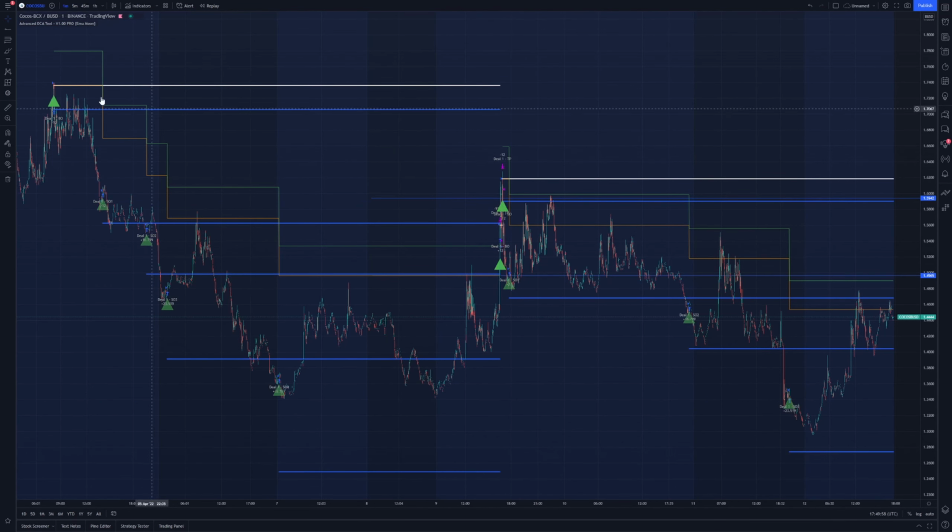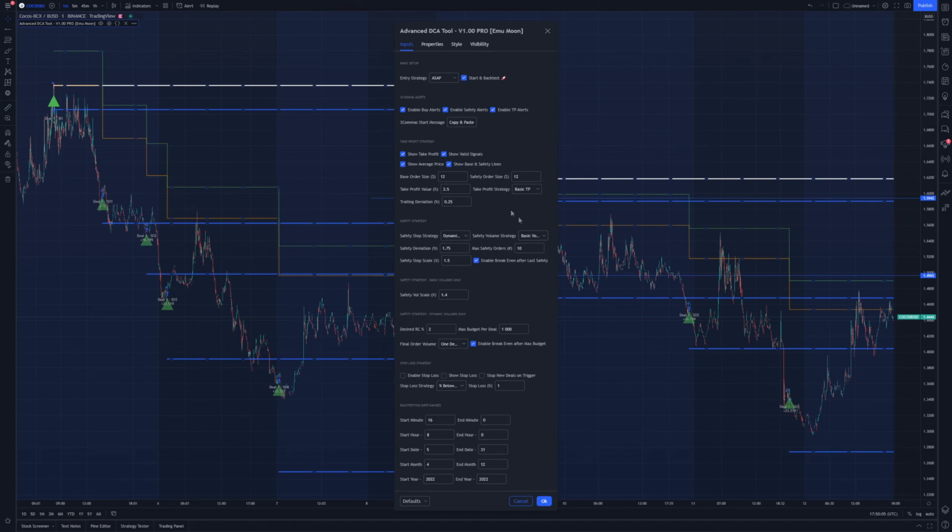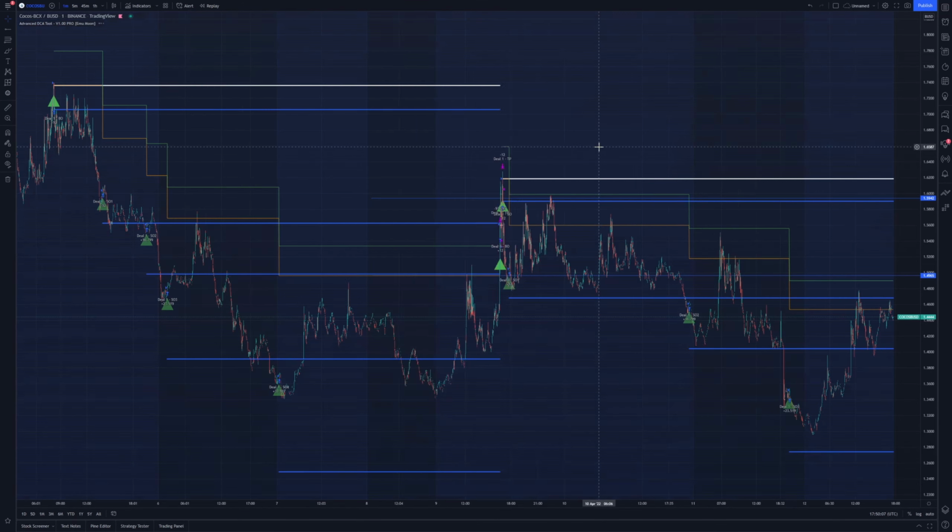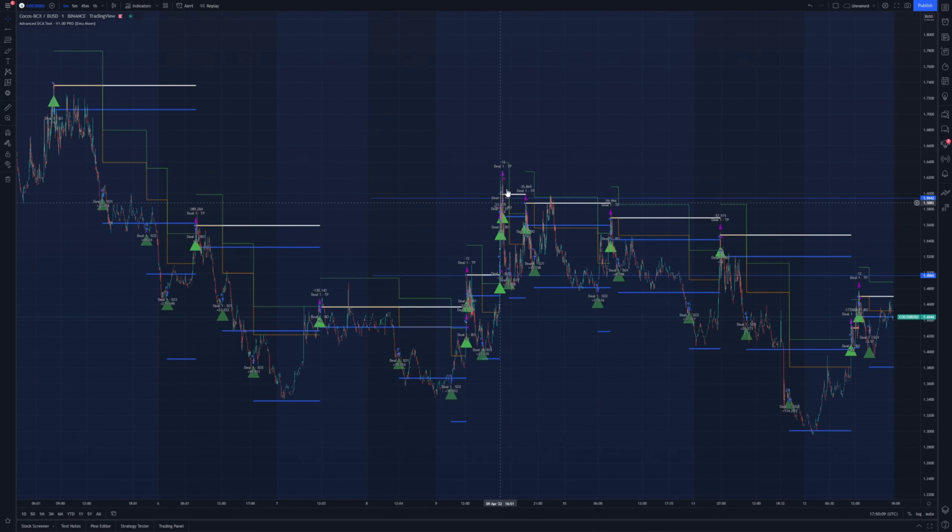That brings our average price all the way down, and we're able to hit our take profit at a really nice point here. And then lastly, again, we're going to hit dynamic volumes, and not only have we taken profit here, we've also taken profit here. Oh, in fact, there are two. There's one here, one again,